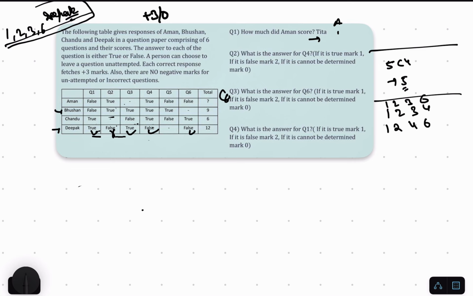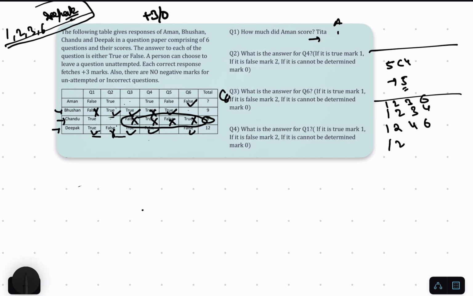Okay, now this is true, so this is wrong, false is wrong, so true is correct, true is correct, so true is correct, false is wrong, false is wrong, false is correct, so this true is wrong, and here this has to be correct. Okay, now we got 3 ticks, so we have to check further as well. If this is false, so this is wrong, this is correct. Now this is true, so this is wrong, this is false, so this is wrong, this is true, so this is wrong. Now see, we got 4 crosses for Chandu, but Chandu's 2 ticks are needed, so this case is also gone.